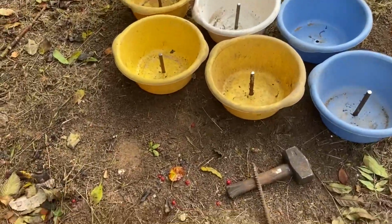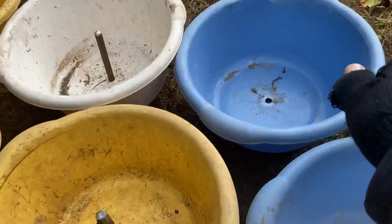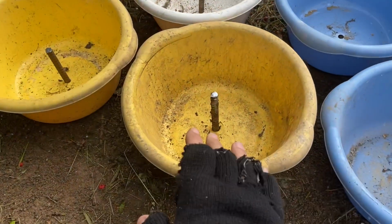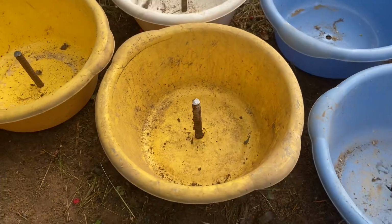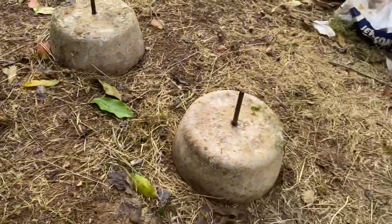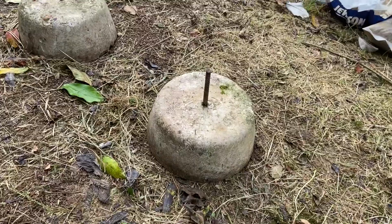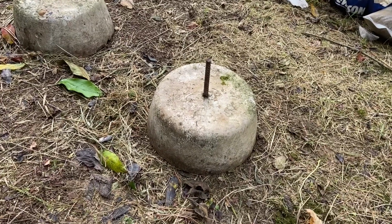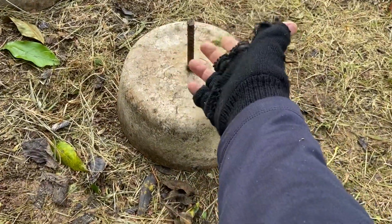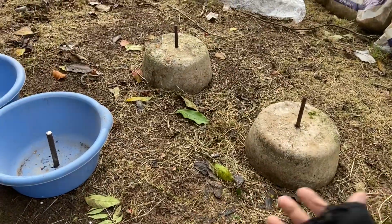onto, my wooden base, to keep it clear from the floor. So I've got half a dozen washing up bowls and I've made a hole in the bottom of each of them and then put a rebar in, and I'll fill this up with concrete and you end up with these. So there you go. Once I've done another, so I have 9 of those, spread them around, bend this over and then bolt this to the frame, and that will give me a really solid base and give me good airflow underneath,